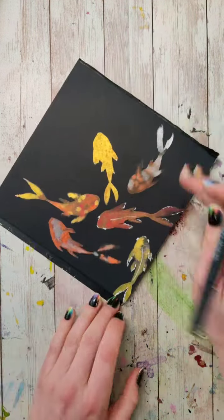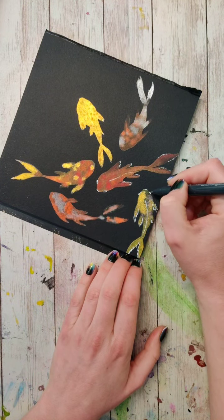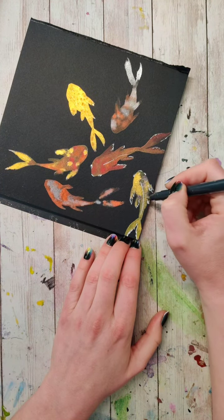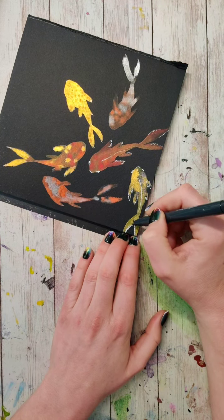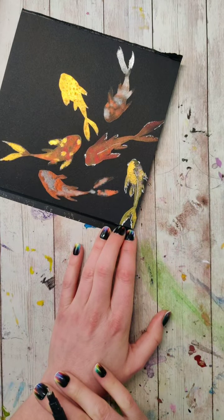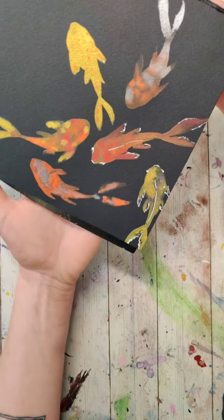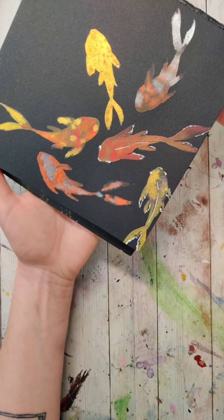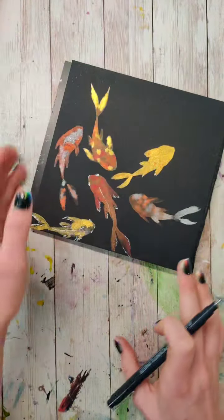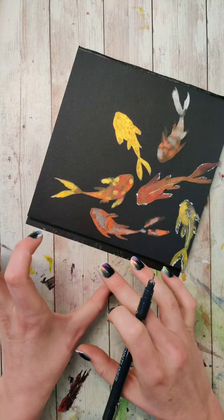That is kind of fun. I'm going to go back in and let's see if it improves this one too. I think it does. That's fun. It's real subtle, but it does kind of improve it. Interesting. Okay, really interesting. I'm still kind of torn in that I just like the pattern of these fish on their own,